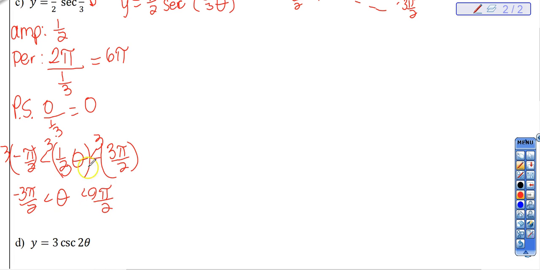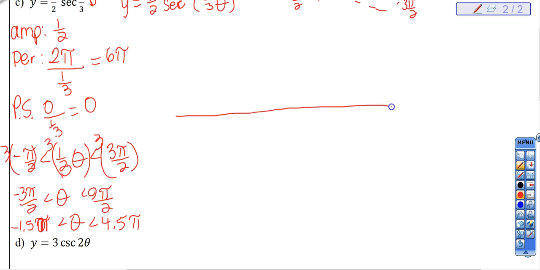And I've been giving this advice to the other classes today, that's a distance of 6 pi, but it's difficult to see. If you were to change this to decimal form, this would be negative 1.5 pi, less than theta, less than 4.5 pi. Can you see the distance of 6? Yes? So my personal preference in this situation would be to convert to decimal form. It's easier for me